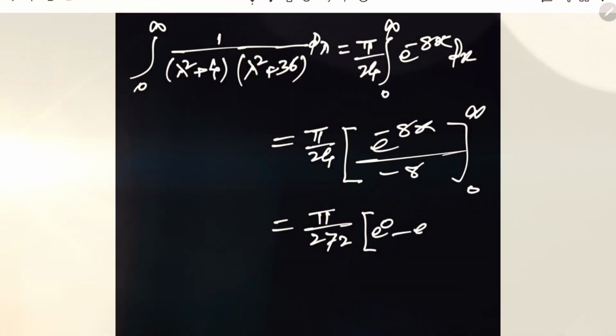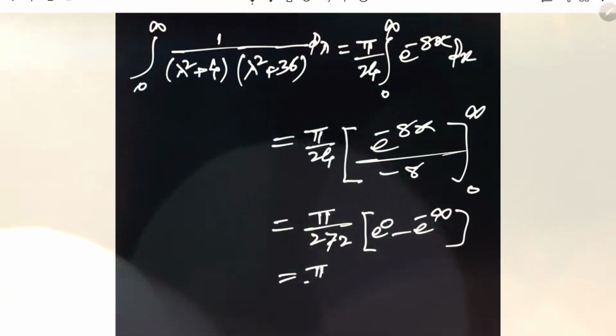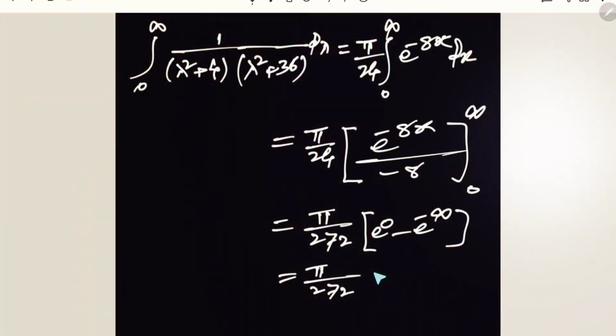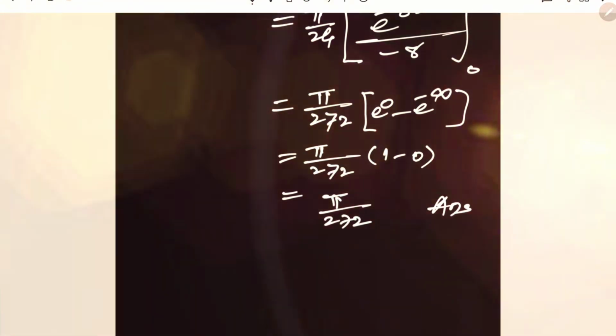That term is 192, and changing the limit we get e raised to 0 minus e raised to minus infinity. E raised to 0 is 1, e raised to minus infinity is 0, and therefore the value is pi divided by 192 as the required value of that integral